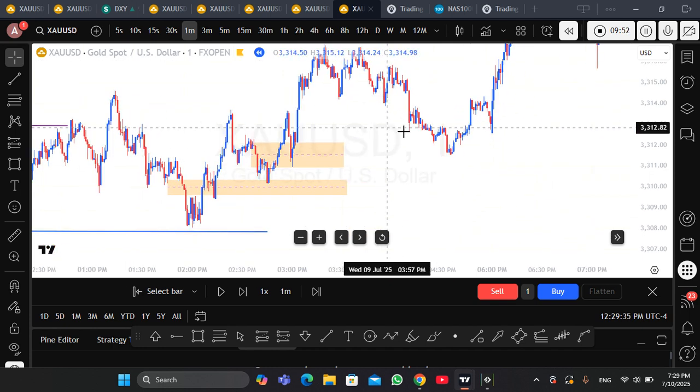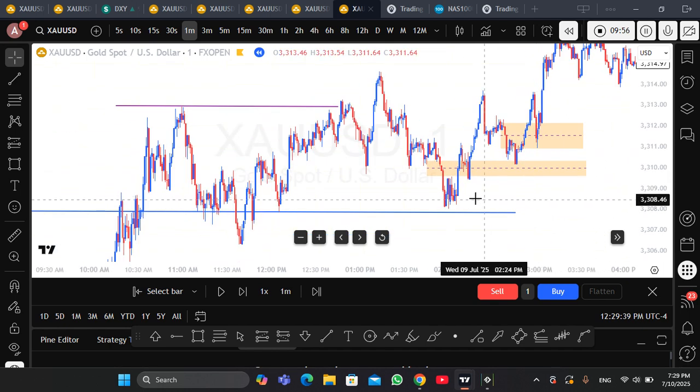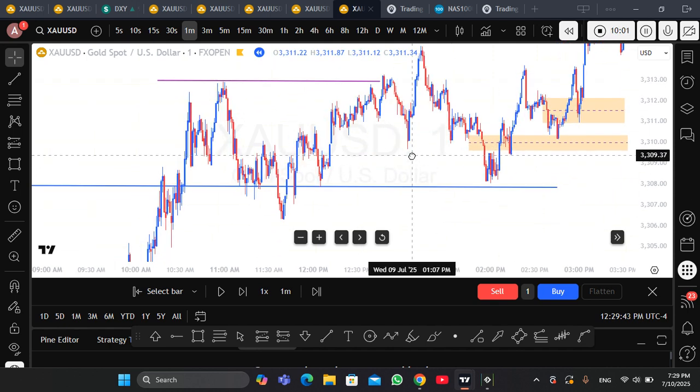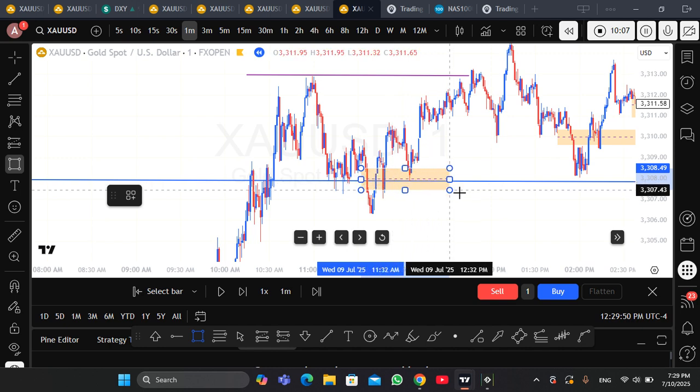This is very beautiful, and I made it yesterday. You can see the inverted fair value gap, how very important it is in trading. You can see how important this inverted fair value gap is in trading. This is a fair value gap.